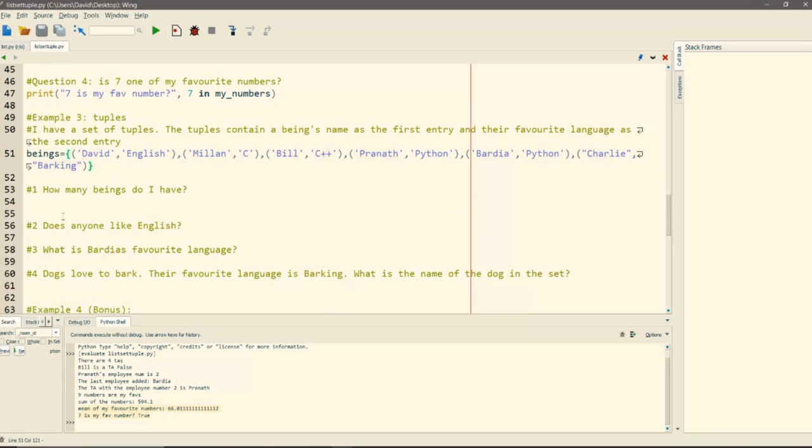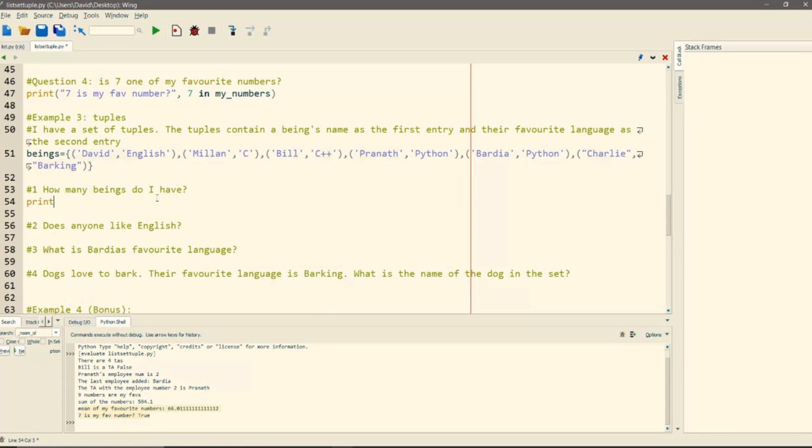So, the first question might be, how many beings do I have? Well, this is an interesting question because we don't want to count how many entries are inside of every single tuple, because we don't want to count David and English as a being. We just want to count each tuple as a being. Okay? So, here we go.